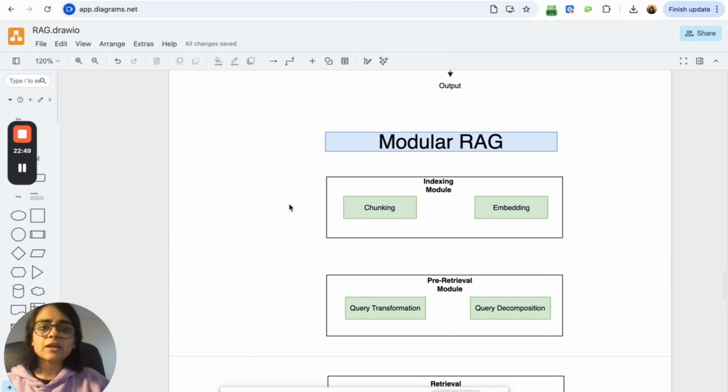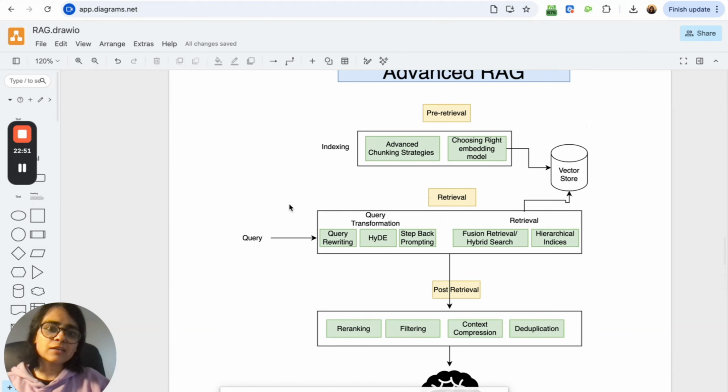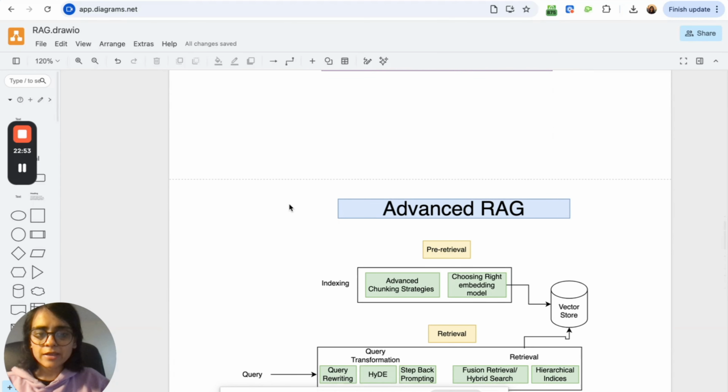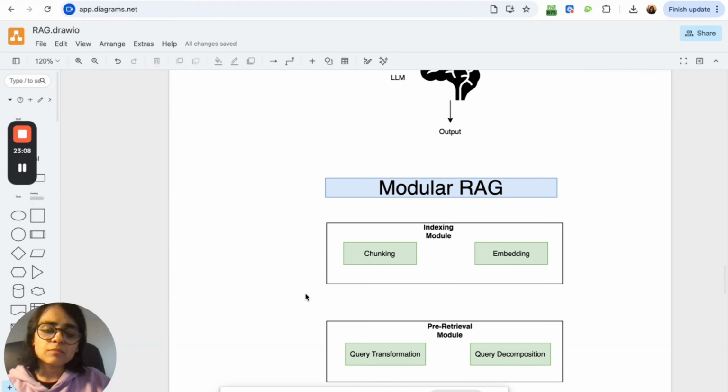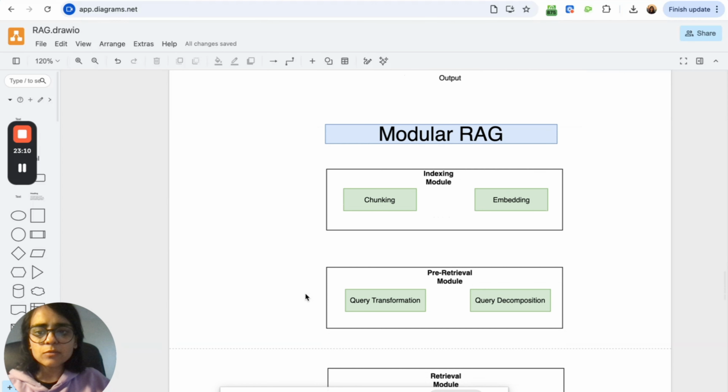So there is no definite RAG pipeline like advanced RAG or naive RAG has. There's no such fixed pipeline, but there are different modules which you can think of like Lego pieces, which you can place anywhere per your requirement to form an ideal pipeline which gives you optimal retrieval from RAG.